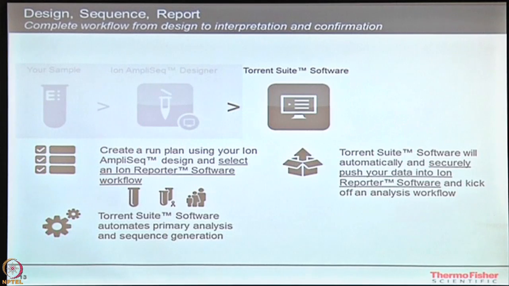So once you are done with the variant calling, you just have variants with you, right? You have just the SNPs giving you the change from A to T, C to T, or just the deletions, A is deleted or T is deleted. But you still need to know something more about it: where exactly this is happening, which gene it is happening in, whether it is actually having deleterious effects or not, whether it is having any effects on the patients or not, right? So you need to know something more about that.